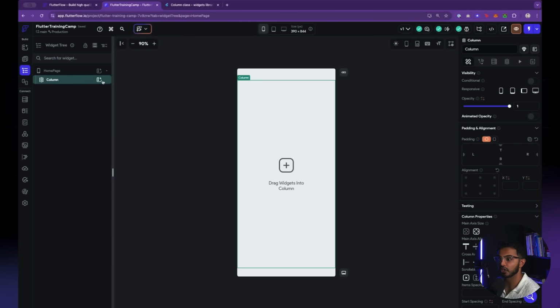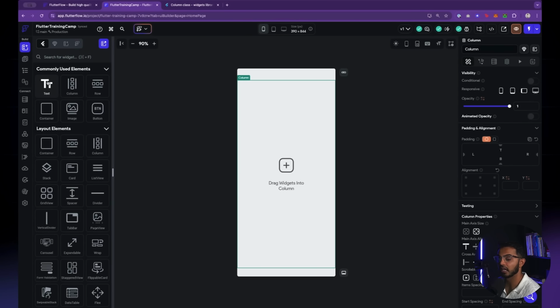When you are building widgets or building pages in FlutterFlow, you have parent and child relationships with your widgets. Think about how a child is related to a parent. The parent has the child. And similarly in FlutterFlow, when you are adding widgets to your page, you typically nest widgets under each other.